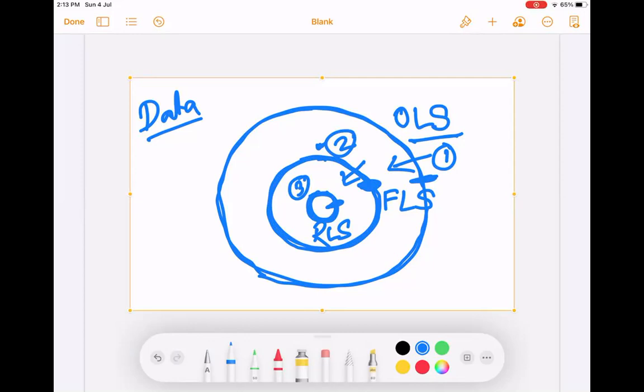Correct? So where is OLS given? How do I give object level security? How do I provide permissions for objects? Object level security and permissions are provided using profiles and permission sets. Every user will have a default, mandatory profile. Without a profile, you cannot create a user in Salesforce. Now, what is a profile? A profile is a user type and a group of basic permissions that is given.